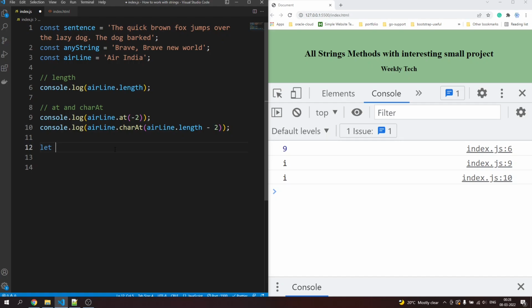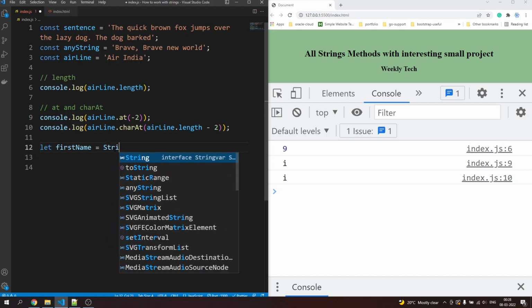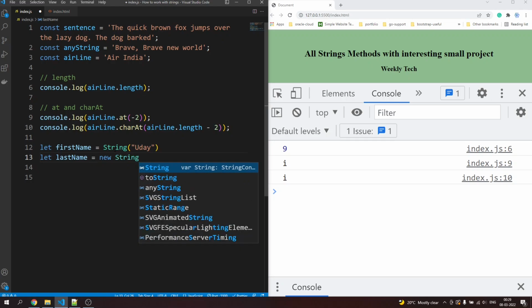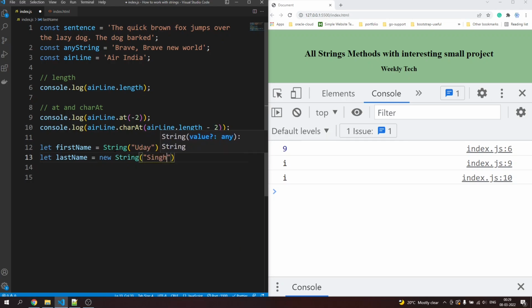For example, you can say first name equals String Uday, and you can also say last name equals new String Singh. So if you do a console log of typeof of both the variables,